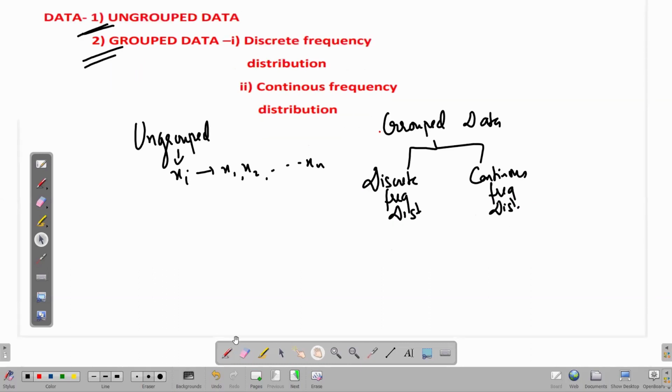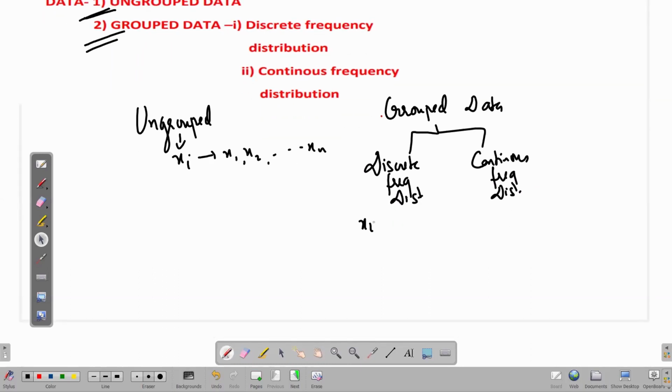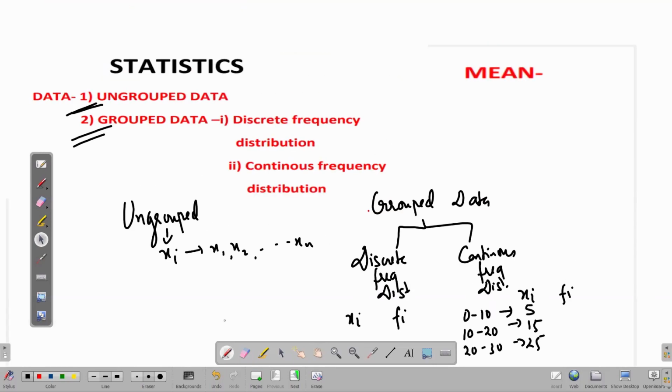In discrete frequency distribution, we have xi's and fi's. But in continuous, we have, suppose, this 0 to 10 class interval, 10 to 20, 20 to 30, and then we find the mid value, those are xi's, and we have frequencies of those, so these are fi. So we just obtain xi, that is the mid value 5, 15, 25, and so on. And fi's are the frequencies. But in JEE, usually we get questions from ungrouped data, and mean